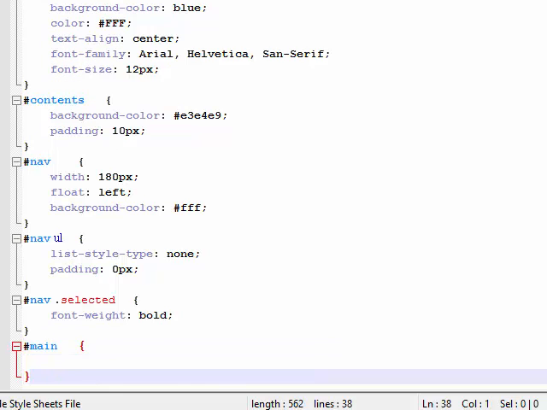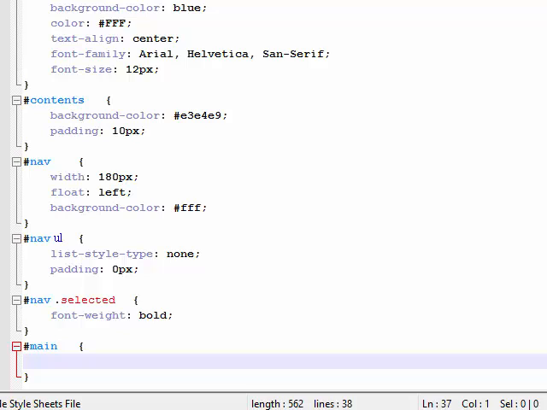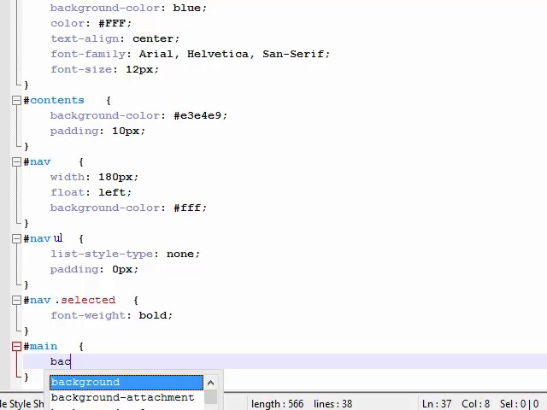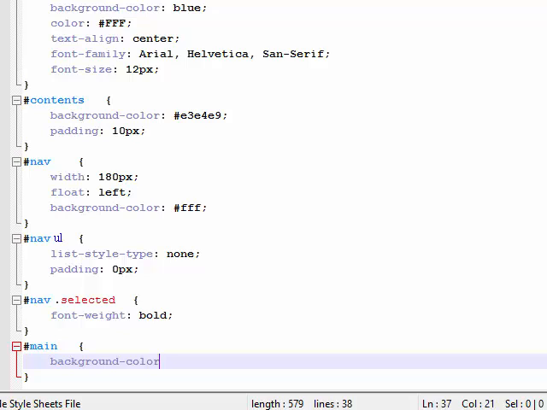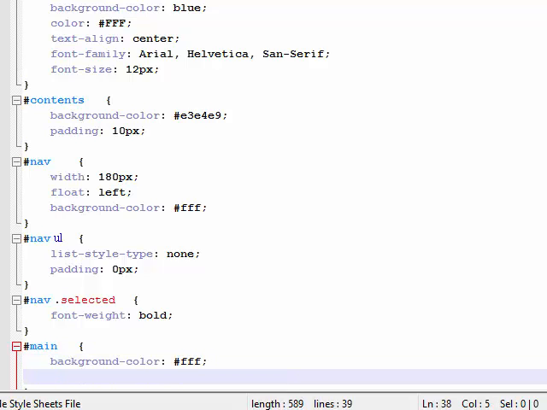A little space because I got a couple lines of code to write in here, and I'm going to give it a background color of FFF. So simply background color, hex symbol FFF, excuse me, and semicolon, and then I'm going to give it a width of